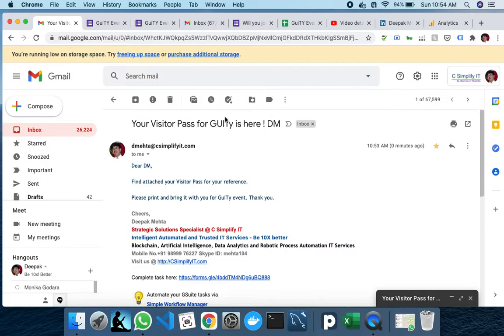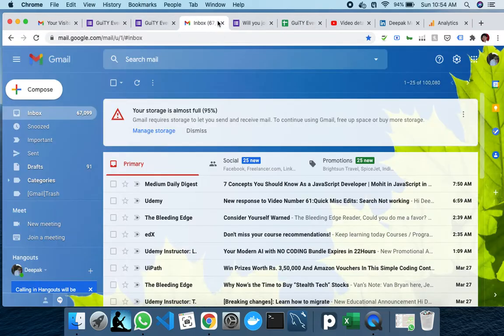It is telling me okay, dear DM, find attached your visitor pass and bring it to come to the Gurgaon IT event. And if I go to my other email ID here also I should receive a work item here also because I sent it initially.